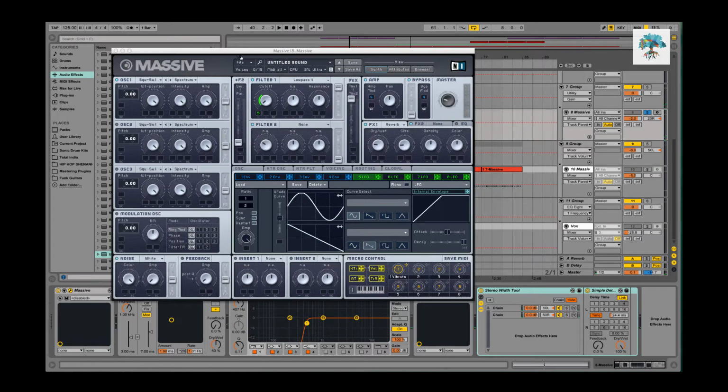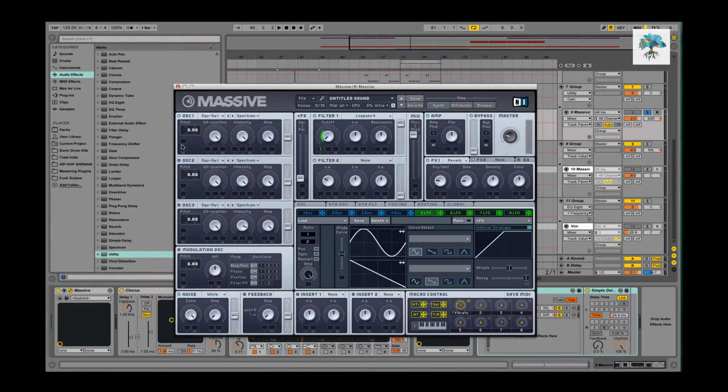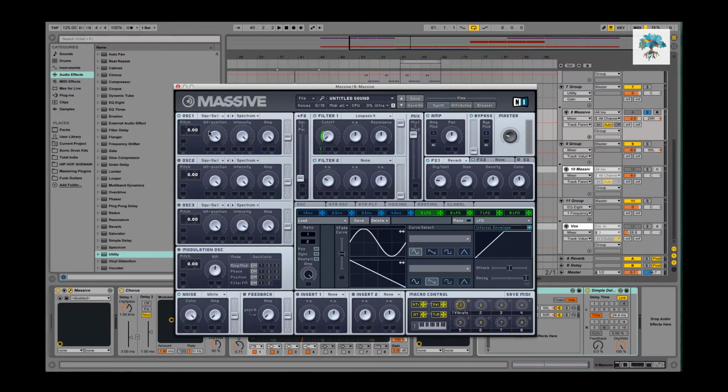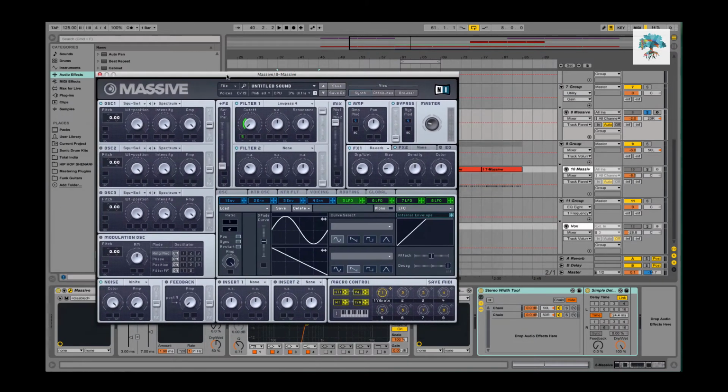So what did I do here? Let's find out. I only use one oscillator. I just used the standard square-saw, and it's all the way to saw. That's how it even starts up. I haven't changed anything there. Where it gets the weird pan thing is from the filter. So without the filter,